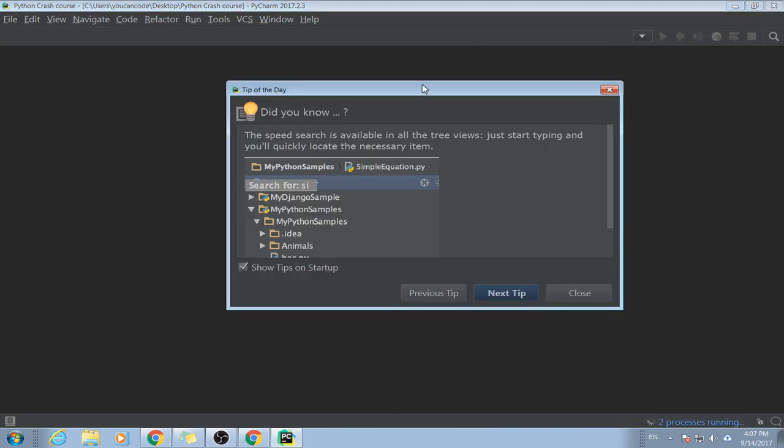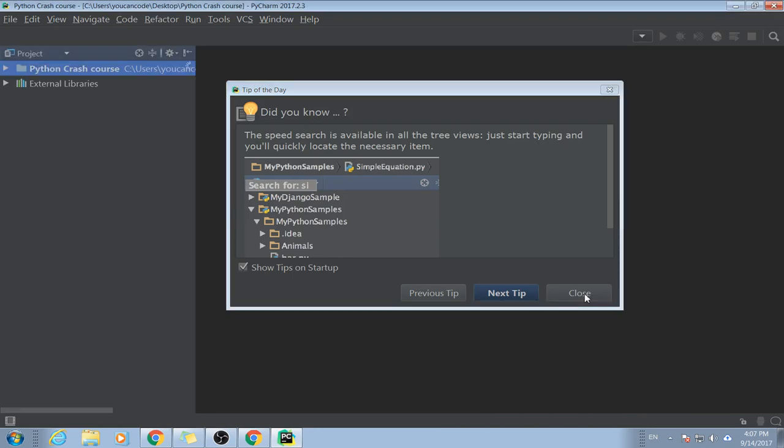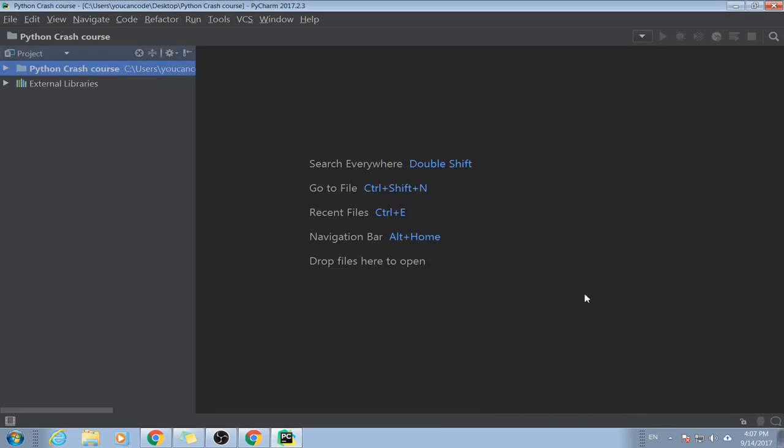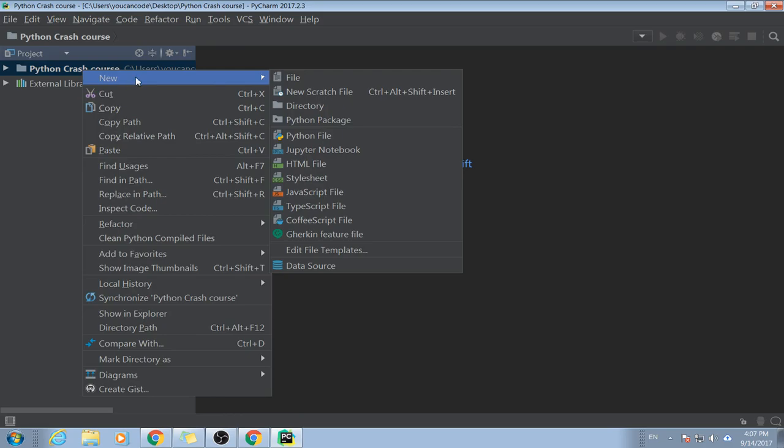This is how to use PyCharm. You may close it, or if you like, you can read. So as you can see, Python crash course is a folder here, and it is my project. I will put all my project inside here. So let me right click and create a file, Python